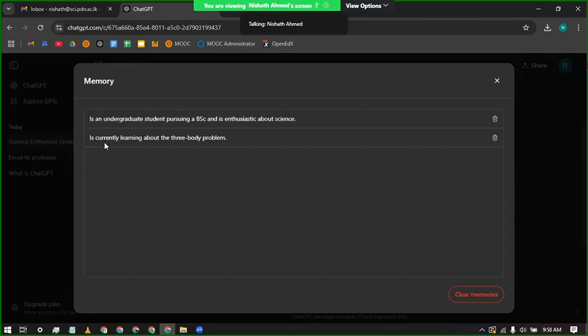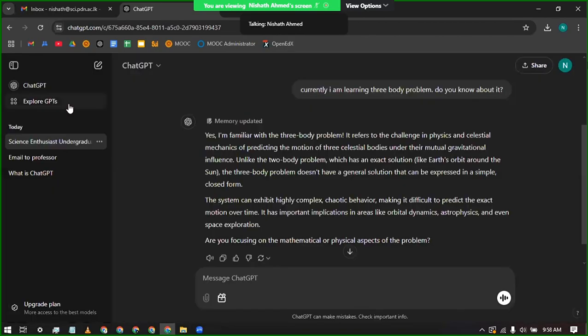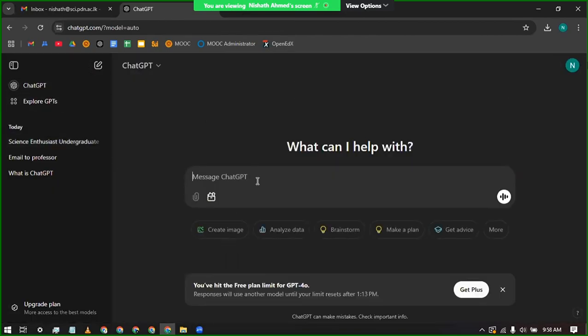If I go to memory, you can see it's currently learning about the three body problem. So if I create another chat here and say,